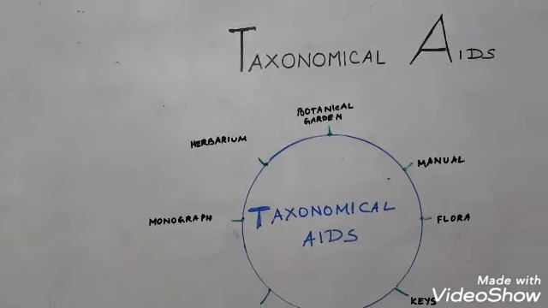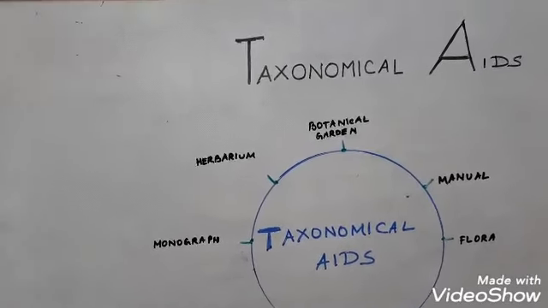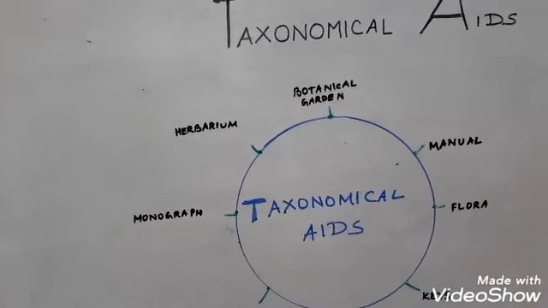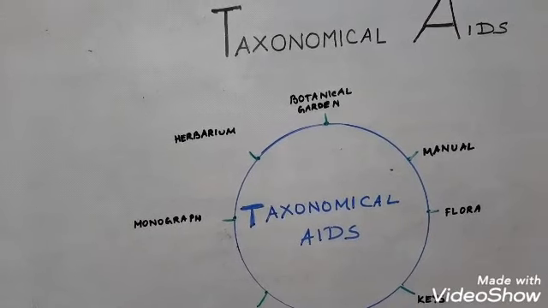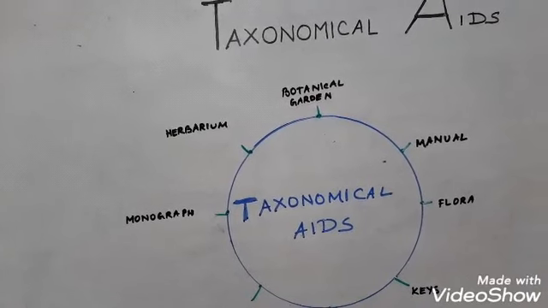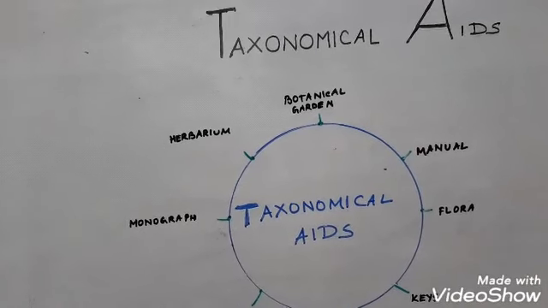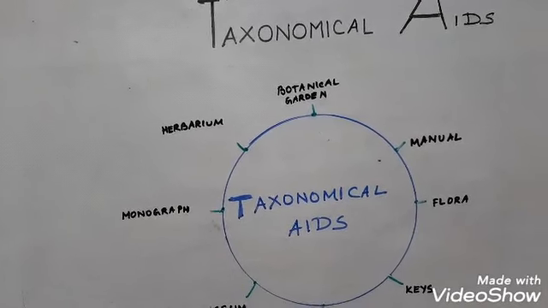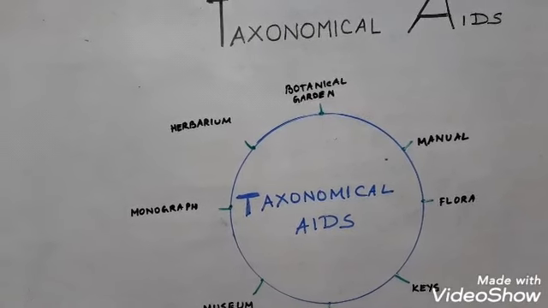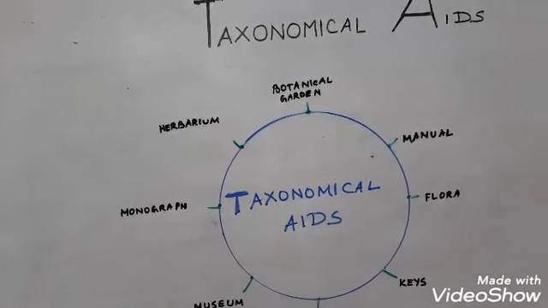So here, why do we use taxonomical aids? Let me tell you about that. Taxonomical aids are essential for taxonomical studies of various species of plants, animals and other organisms. They are also required to correctly classify the organisms and identify them. It is also required to identify an organism required for laboratory work and field studies, museum, herbarium, zoological parks and botanical gardens. So here let us study some of the taxonomical aids.